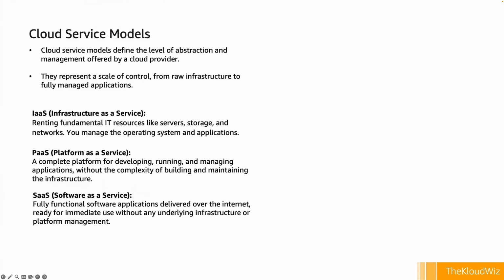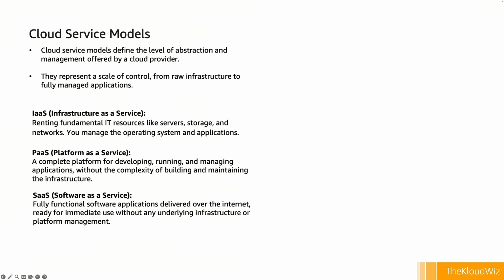And there is software as a service. So for software as a service, you as a customer don't have to do anything with developing or maintaining the application. You don't have anything to do with managing the infrastructure. This is a ready-made solution for you. So you just go ahead and use it. If you use Gmail or any other email service, then this is a software as a service solution. If you want a messaging application, maybe at enterprise level, you might want to use Slack, right? So that is readily made. You as an organization don't have to manage anything that powers a Slack application. You just install it and it is ready for you to use.